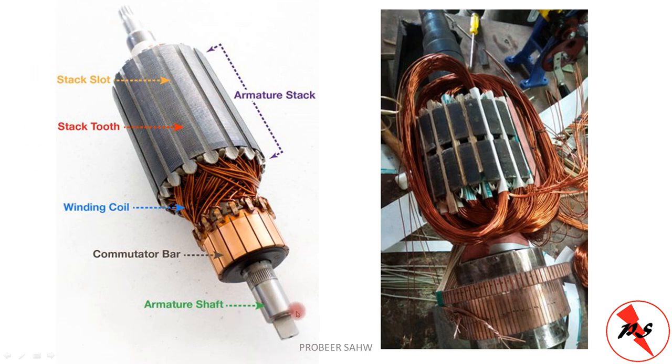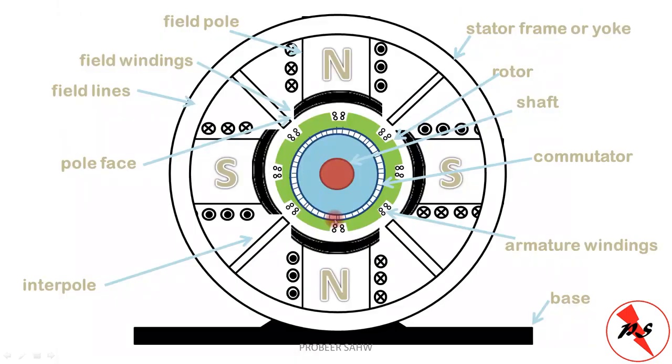So what will happen when this rotates? If it is a generator, and we set the armature shaft into motion, it will rotate. EMF will be induced in these windings, and then DC current will flow to the commutator brush, and then we take that current out of the brush. I would like to beg your pardon: the EMF induced in this winding will be AC in nature. So the current collected by the commutator bars will be AC, but when it is given out to the terminals, it will be converted into DC. How this can be done, we'll see in a few moments.